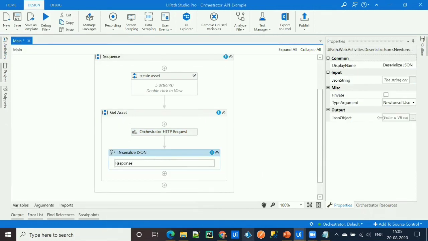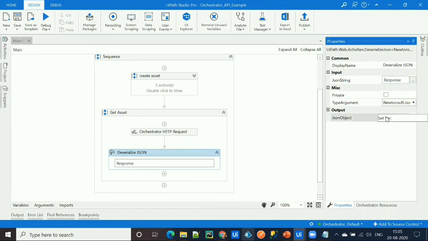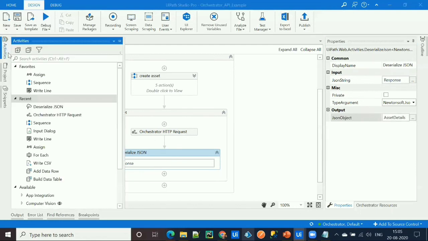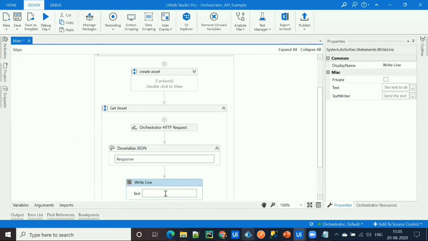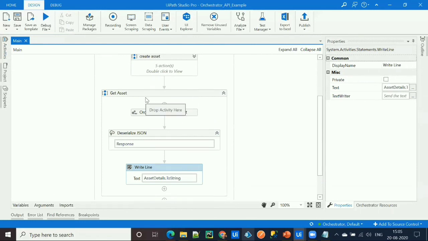Then I need to create a JSON object. Let's say asset details, and simply I can print these details with the help of the writeline activity. Dot toString.